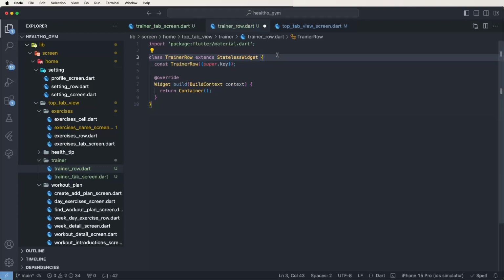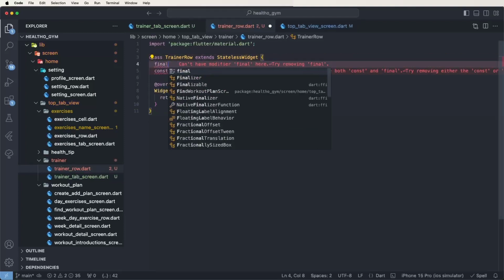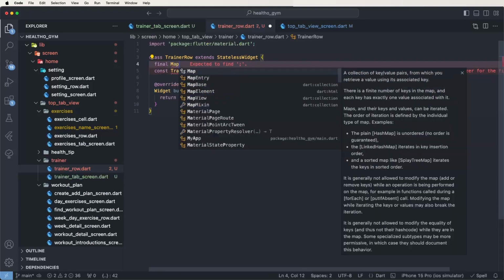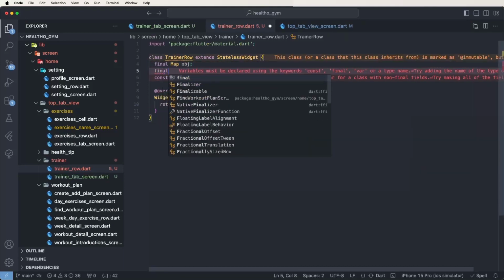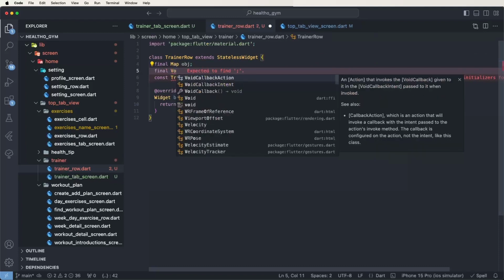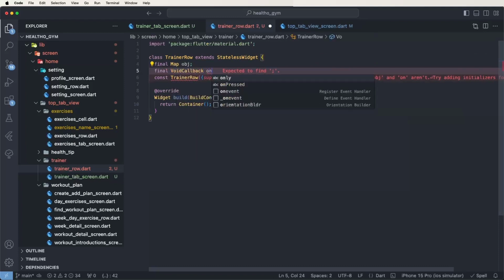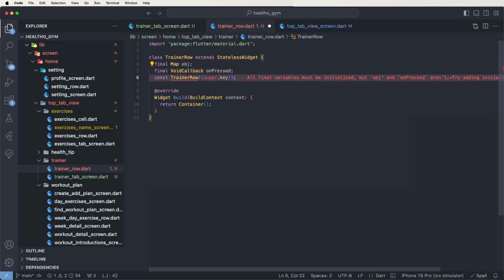First of all, we need to declare some final variables: the map object variable, then a final VoidCallback event. So we write the onPress event like this, and now we need to import the parameters